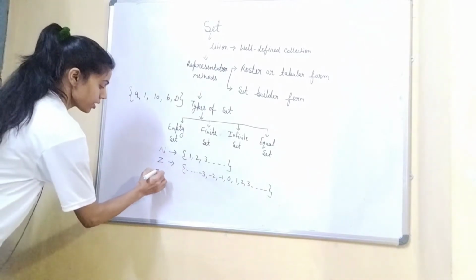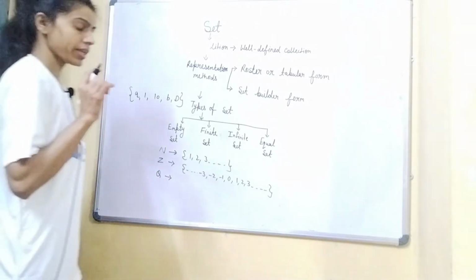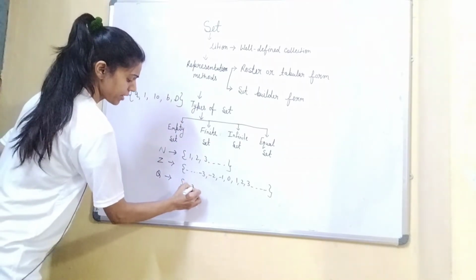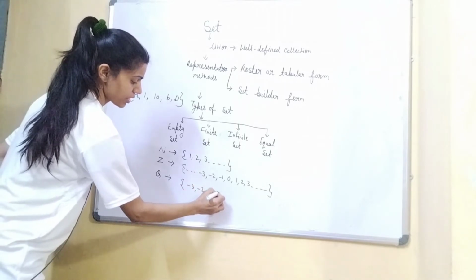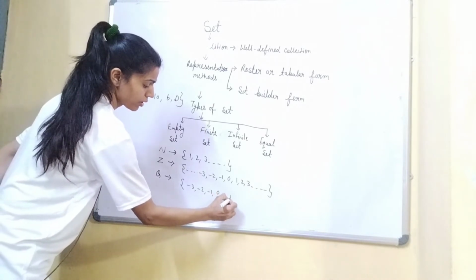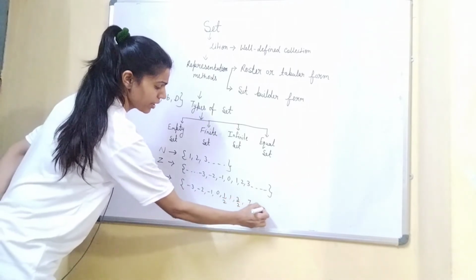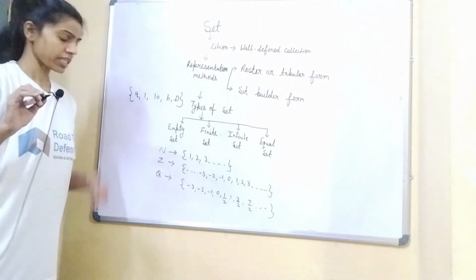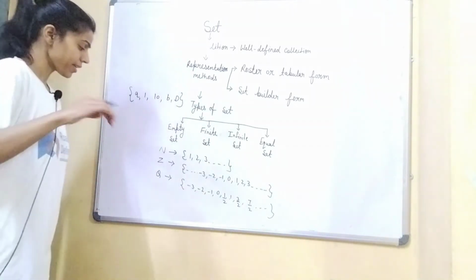If I have written Q, capital Q is what? The set of rational numbers. So I can write here some -3, -2, -1, 0, and I can write here 1, then 1 upon 2, then 3 by 2 and 7 by 2, something like that. So these all are what, students? The set of rational numbers. So I can define it in a well manner, right?